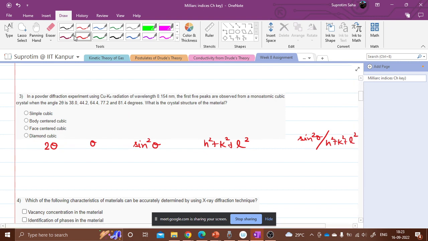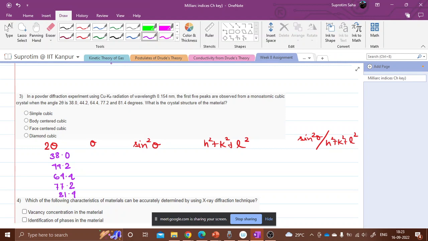So 2 theta is given. What you have is 38.0, 44.2, 64.4, 77.2, and